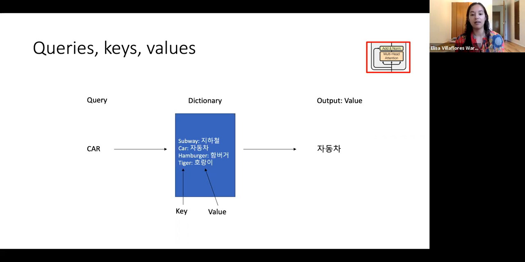But the way that the authors present the concept of this multi-head attention sublayer is this idea of queries, keys, and values. And I like to think of this like a lookup. So you can imagine that you have some dictionary. So this is English to Korean. The key would be the word in English, and my value is the word in Korean. Then I have a query, and I request my dictionary to return the value based on the query that I've given it. So I give car, for example, it looks up car, it finds 자동차, it returns this word.